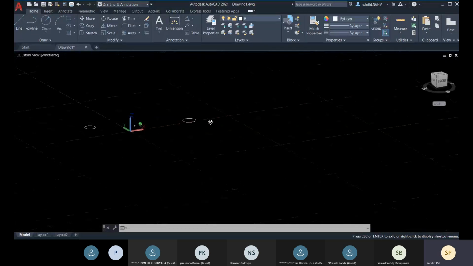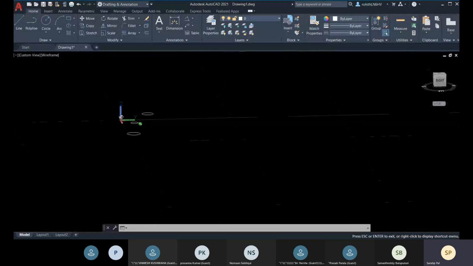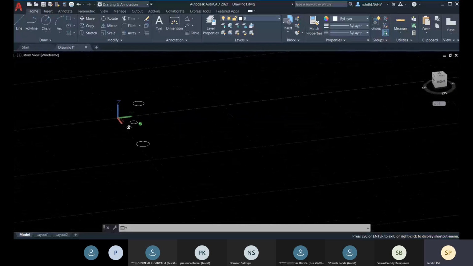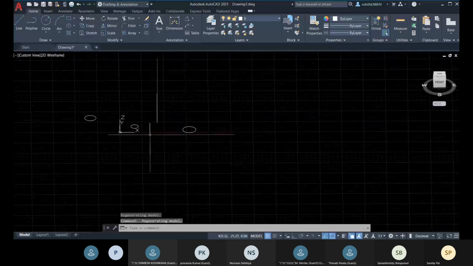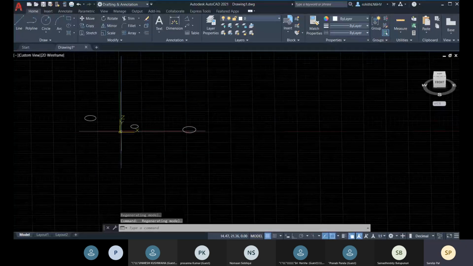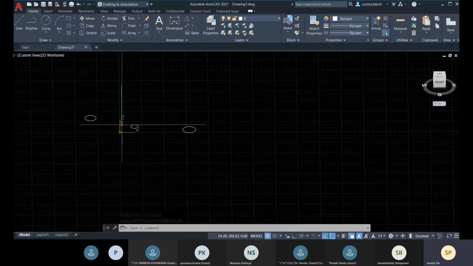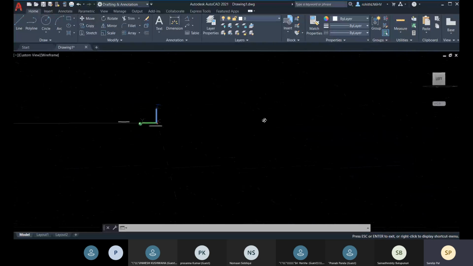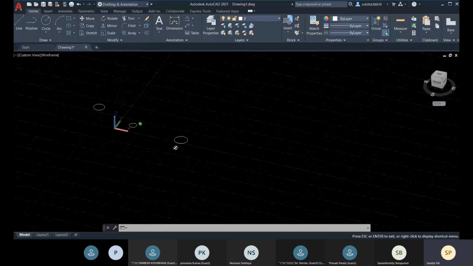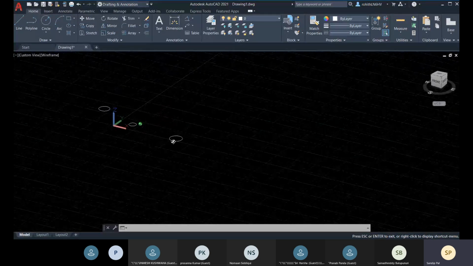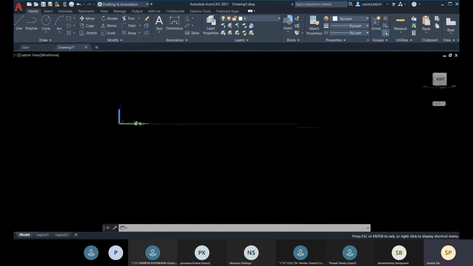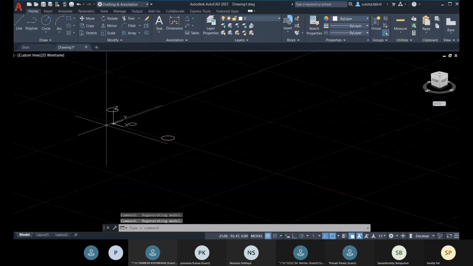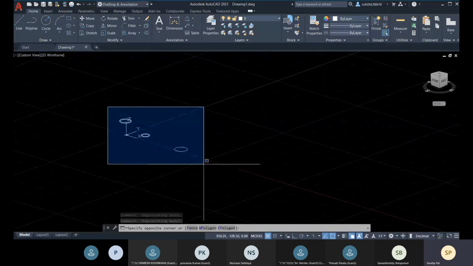So when I'm rotating around, you can see that the UCS icon is in 3D, right? Whenever you release, you can see 2D lines for your UCS. So whenever you are orbiting, that means you are visualizing your 3 dimension. So that's why it's highlighting this UCS icon with its own color. Okay, so this is how you will be navigating.